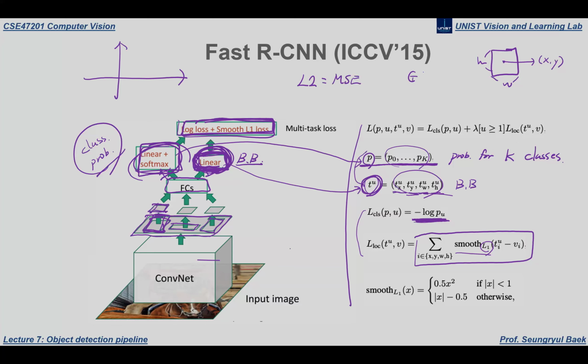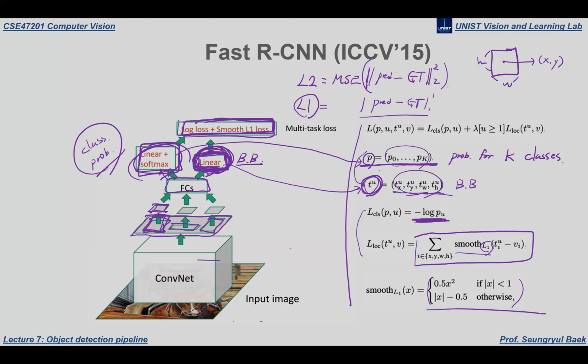So we are closing the ground truth and our prediction using this squared loss function. L1 loss is where we are closing prediction and ground truth using just the absolute value, not scaling their distance, but reducing their absolute value. We call that L1 loss. But here they are actually combining these two. So if you draw this graph, that is actually meaning like